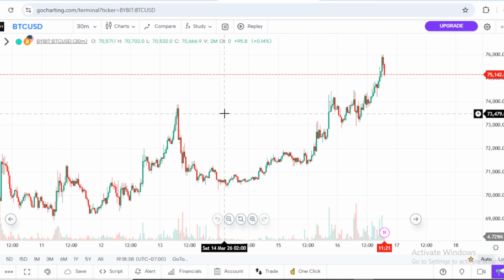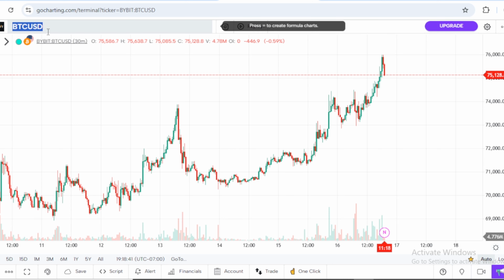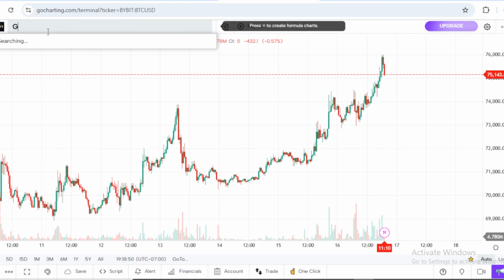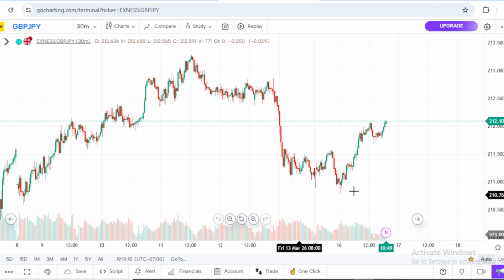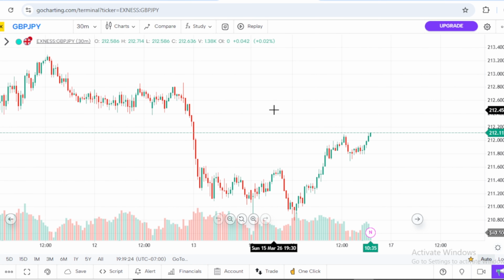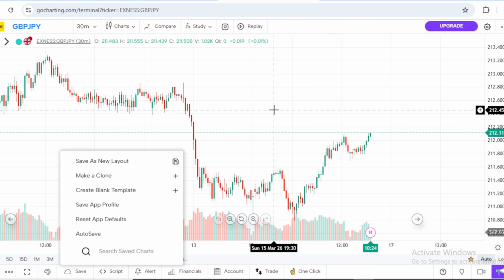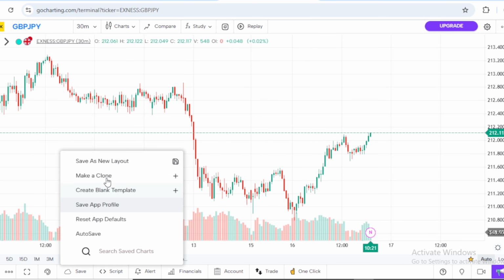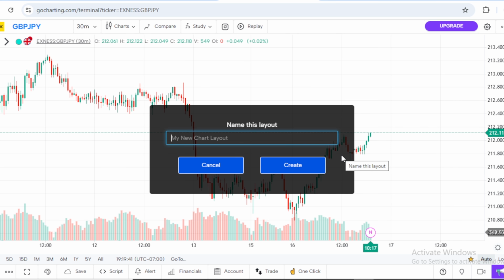So this is what you should do. Once you come, first log in the pair you want to backtest on. So let's say I want to backtest on GBP JPY. As you can see, this is the current price of GBP JPY. So you have your pair already. Whatever you want to save, you press your Ctrl X. It's going to save as a new layout. So save it as a new layout and save as